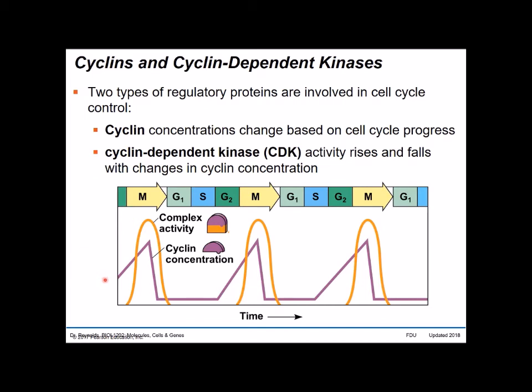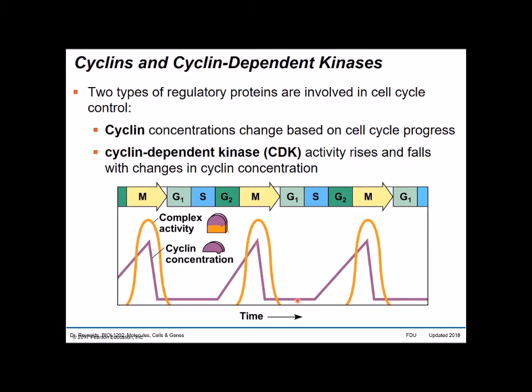You can see here that cyclins increase in concentration, peaking during mitosis, and then are dissolved away. They actually get broken apart as the cell leaves mitosis. As you enter that G2 phase again, the cell will increase the concentration of cyclin protein until eventually it collapses